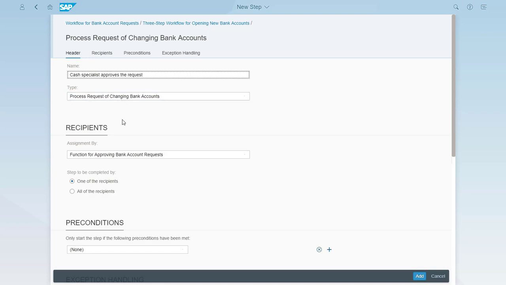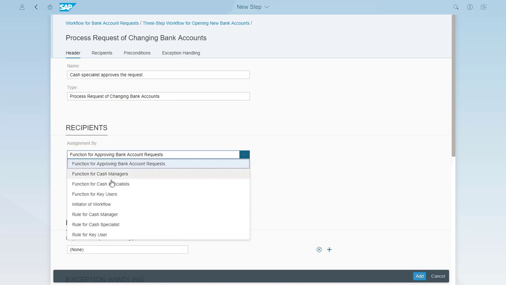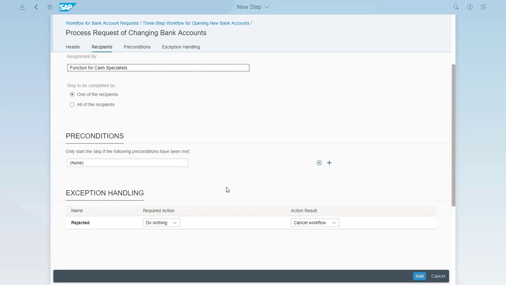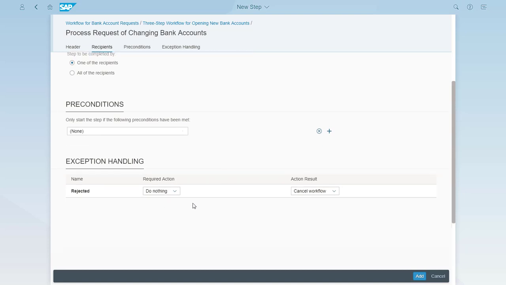I specify the recipient of this step. For the first step, I select Function for Approving New Bank Accounts, Step 1. This function is defined by our business process expert. The function is associated with the team of employees, and so as a result, users who have been assigned to this team will receive a workflow task for this approval step, and the recipient can either approve or reject the